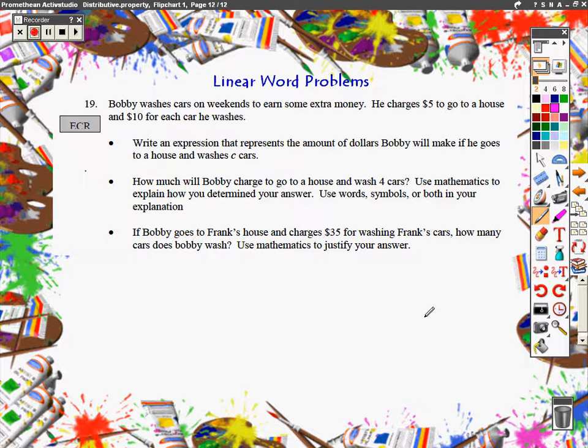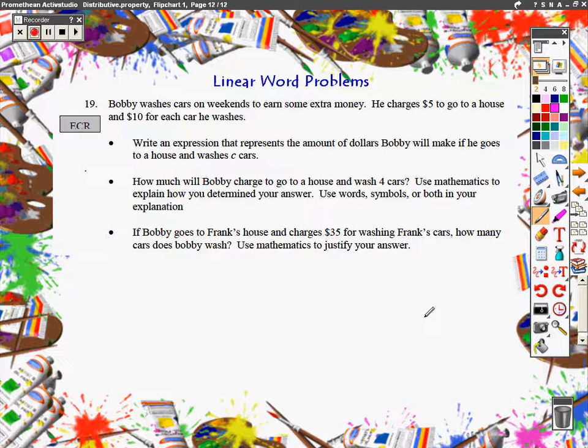As an Algebra 1 teacher, I hear all the time, when am I ever going to use this? Well, here's your first example of when you're going to use this. Bobby washes cars on weekends to earn some extra money. He charges $5 to go to the house and $10 for each car he washes. Write an expression that represents the amount of dollars Bobby will make if he goes to a house and washes